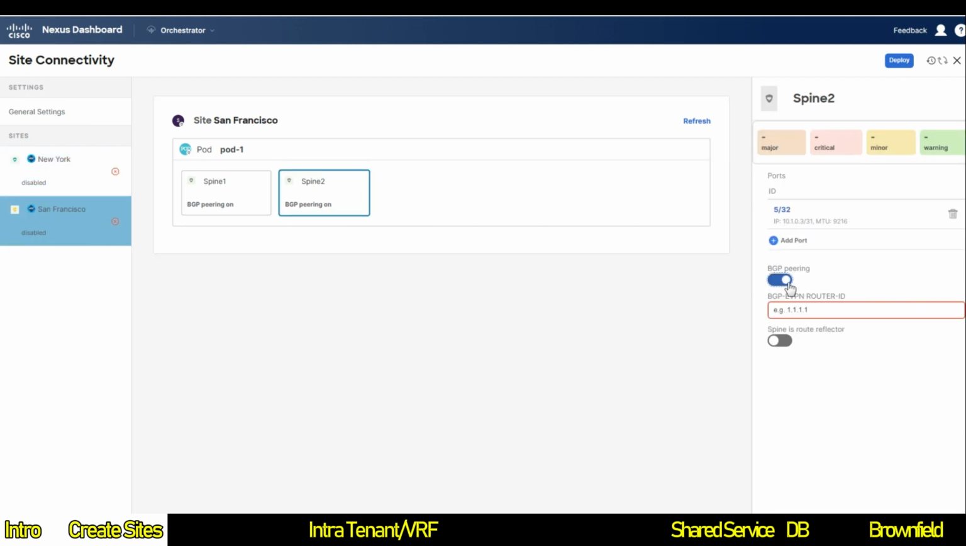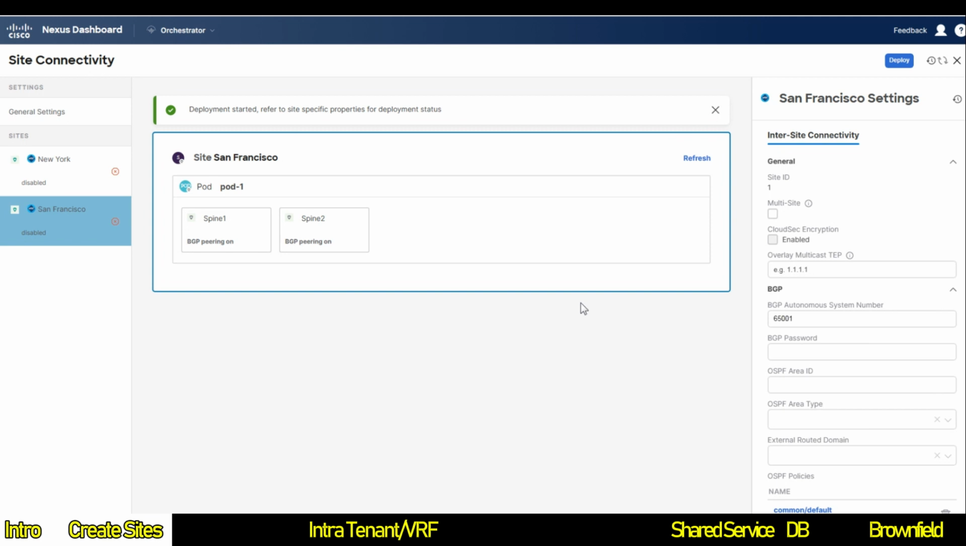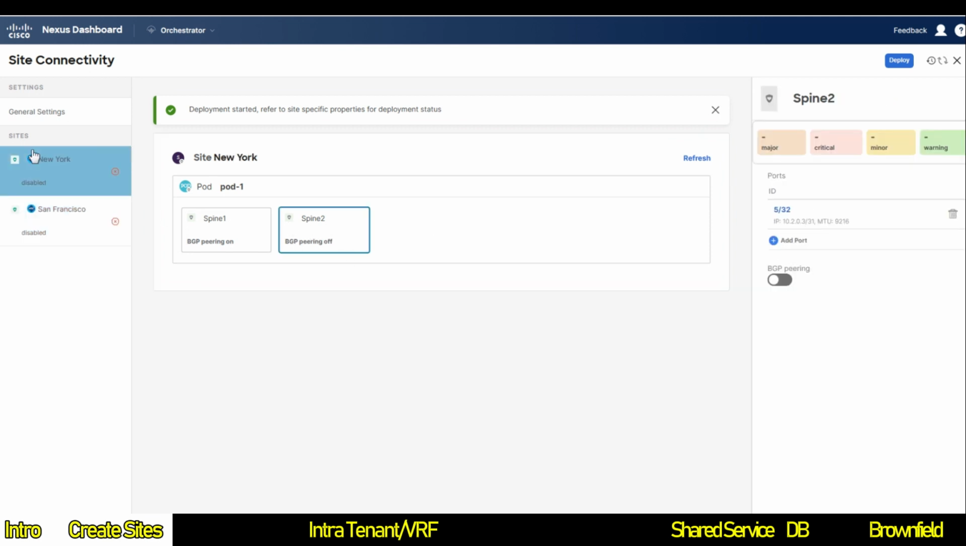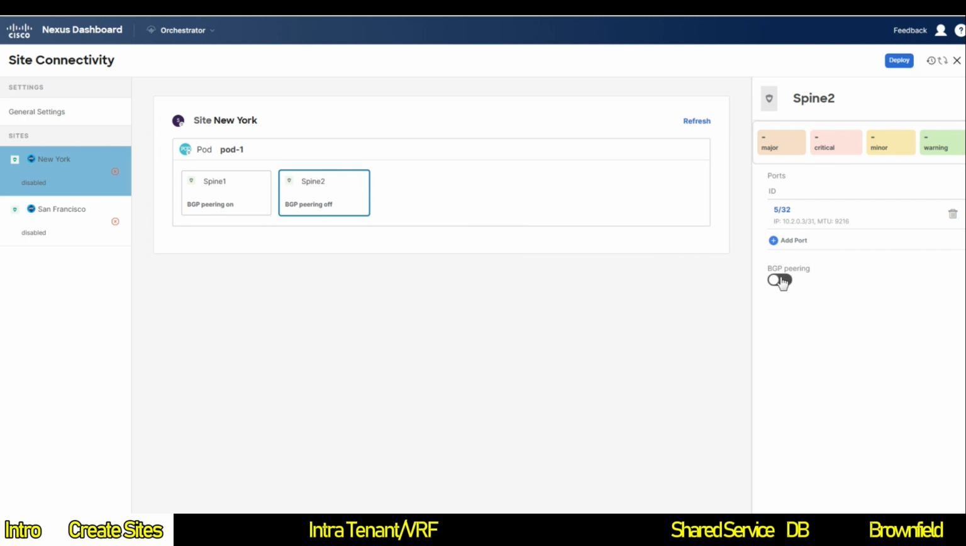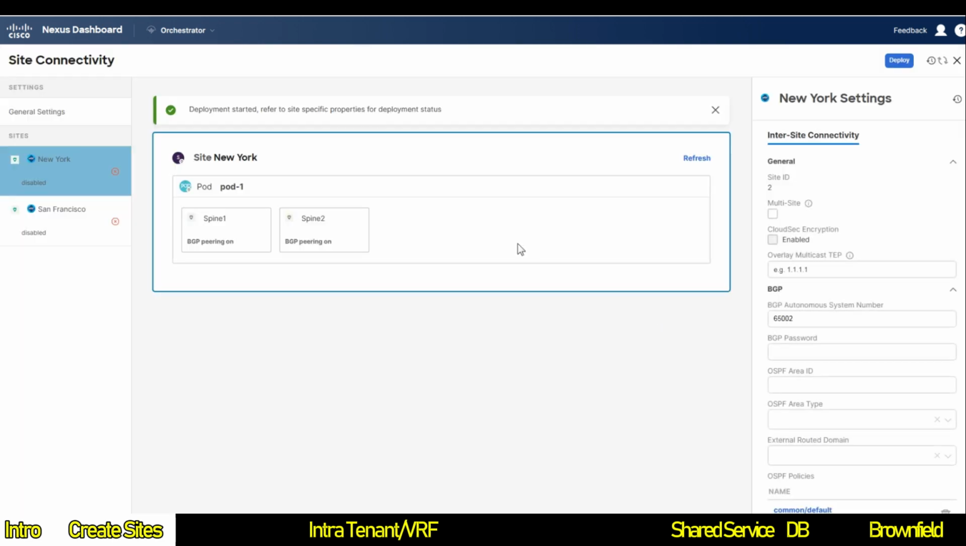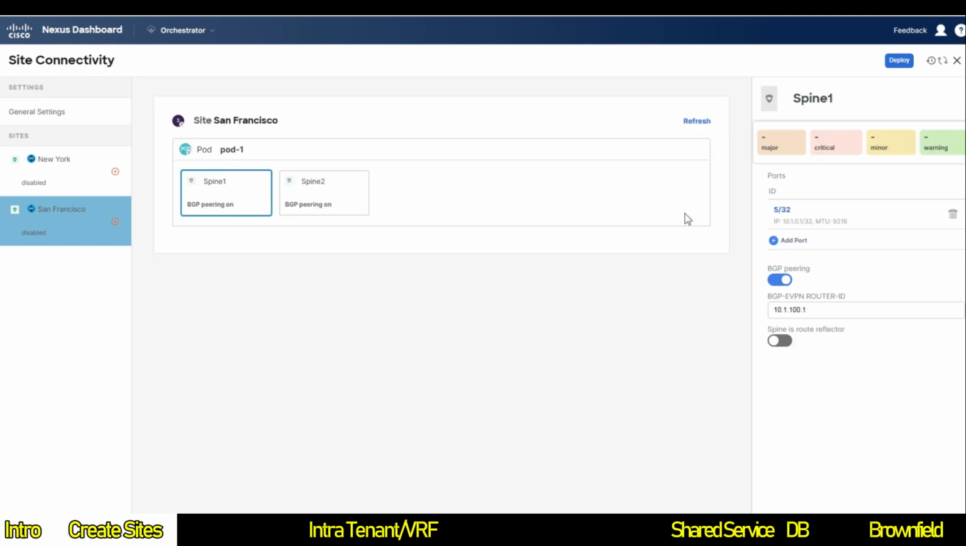Toggle the BGP peering. We're going to enable 10.1.102. Click deploy. New York site, click spine 2, BGP peering, 10.2.102. Click deploy. Now what I'm seeing is San Francisco site, spine 1, the ports, IP, MTU, BGP peering, same thing